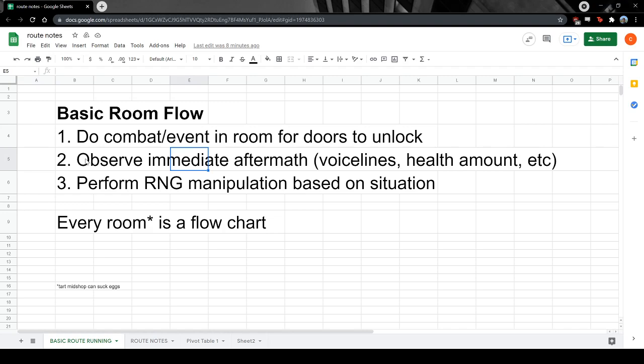So you do that, and then the next thing you do is you stop there. You observe your immediate aftermath. You know, sometimes there's stuff that depends on voice lines. It depends on your health amount. It depends on if there's a well shop, what the rewards are, if there's a chaos gate. That stuff is usually contained in the route notes. If we look at the notes,